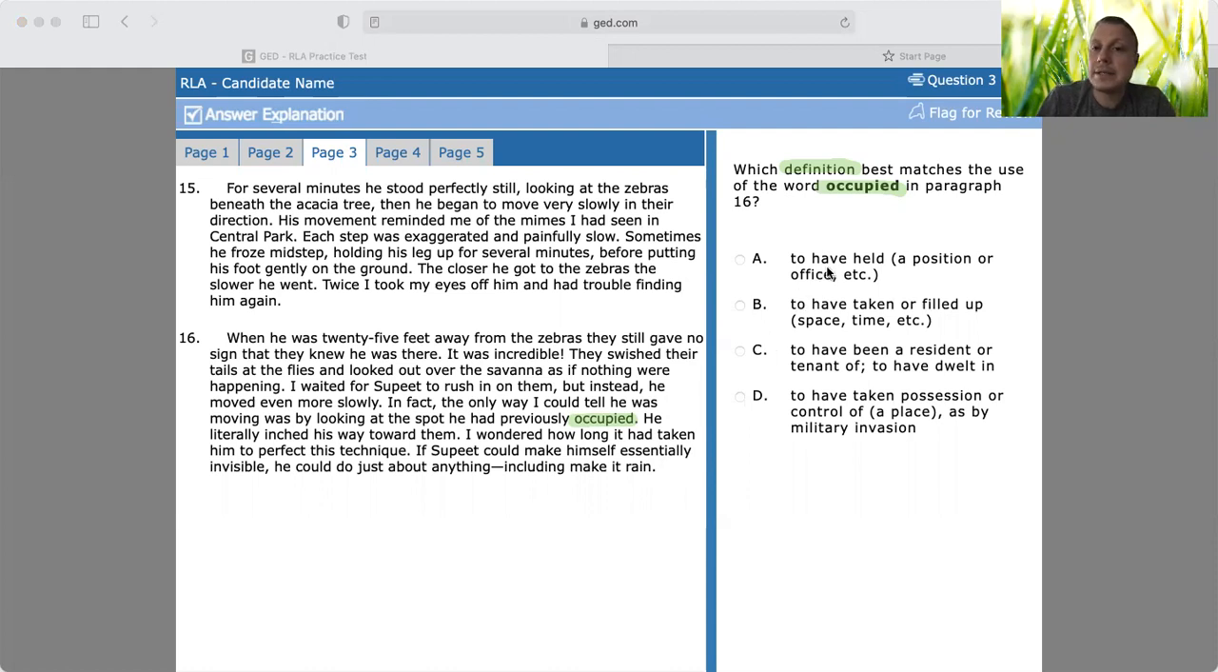Here for A, it says to have held a position or office, okay? B, to have taken or filled up space and time. C, to have been a resident or tenant. These, I don't like them as much. D, to have taken possession of control. We are mostly talking about he's somewhere, right? He's at a spot. So I don't like the word office because he's not working. So B would be a better answer, very close to A. A is a really good answer as well,